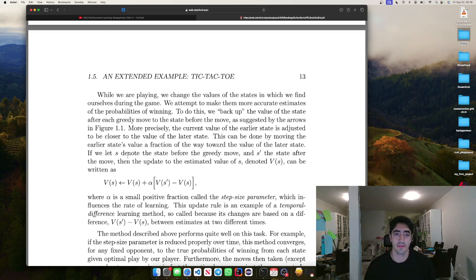While we are playing, we change the values of the states in which we find ourselves during the game. We attempt to make them more accurate estimates of the probabilities of winning. To do this, we back up the value of the state after each greedy move to the state before the move. As suggested by the arrows in figure 1.1, more precisely, the current value of the earlier state is adjusted to be